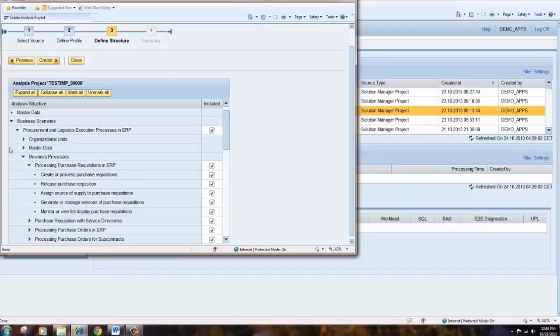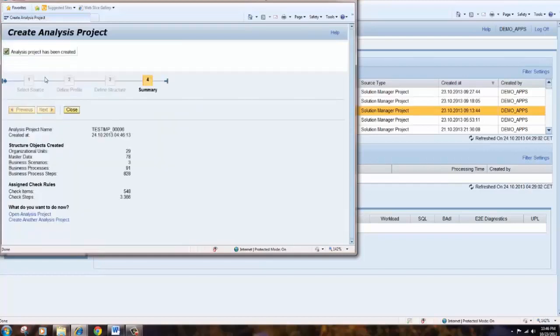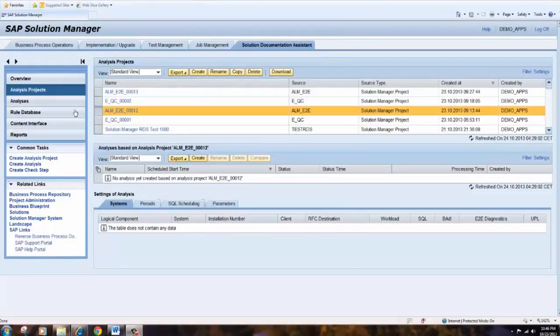Let me minimize this, and now if we click on the create tab, what will happen is that it is going to create your analysis project. It is giving the information that your analysis project has been created. Click on close. You can close this window. Now let's come back. We have seen that this process has been created. Now let's go to